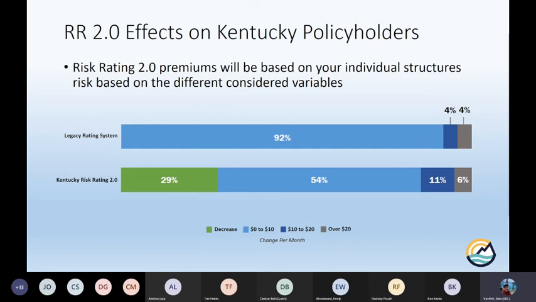So when you start getting calls of "my flood insurance went up a lot," you're going to be able to tell them, well, there are new factors at play. How close are you to the flooding source? What foundation type do you have? What's your first floor elevation? You can do these other things for your mitigation credits there. They're going to go down. So, looking at this bottom bar graph, this to me tells me it is going to be much more equitable. It's going to be much fairer for the people with high and low premiums.